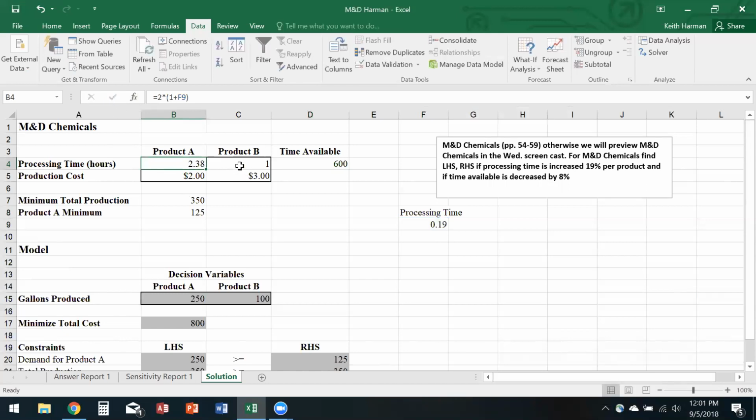Okay, and then for product B, it's going to equal times, I'll put a parenthesis, and then 1 plus, okay? There we go. And now we've got the processing time, and now we're asked, okay, if the time available is